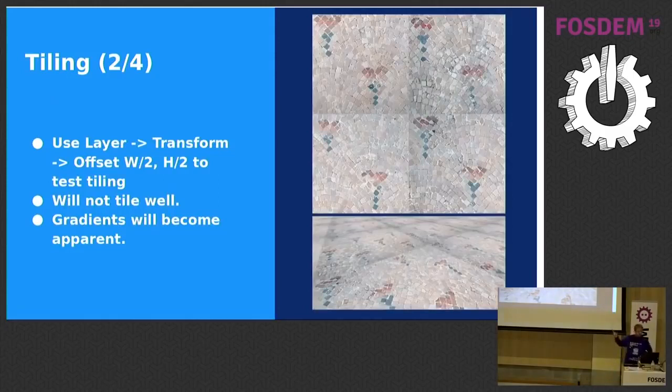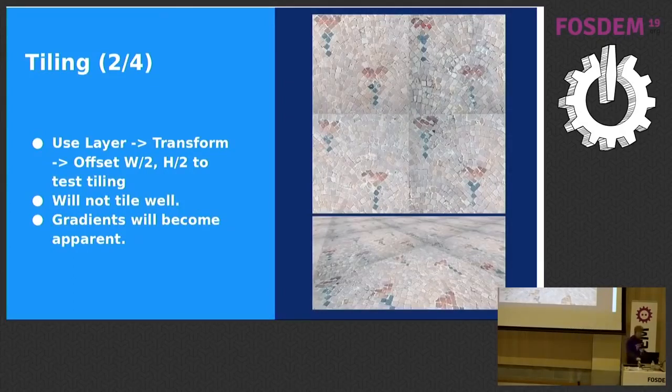This is something pretty useful you can do in Gimp. You can use layer offsets by half the texture. So the texture was moved half to the right and half down, and then just moved around, tiled. You can explore how well it tiles. So you can see it doesn't really tile well because of two reasons. First, it just doesn't match from one side to the other. And the second reason is that it has a gradient. You can see when we tile it here in 3D, there is a gradient.